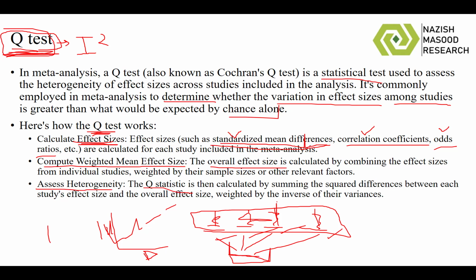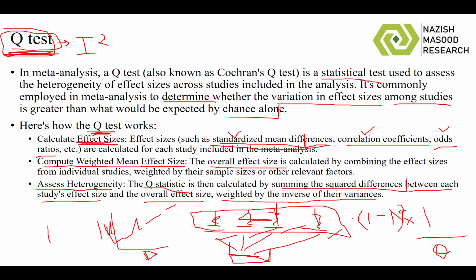How do you do that? By summing up the difference between each study's effect size and the overall effect size, and you weight it by the inverse of variance. Now, what does that mean? So this is the effect size of the study itself minus the overall effect size, and then you square this,